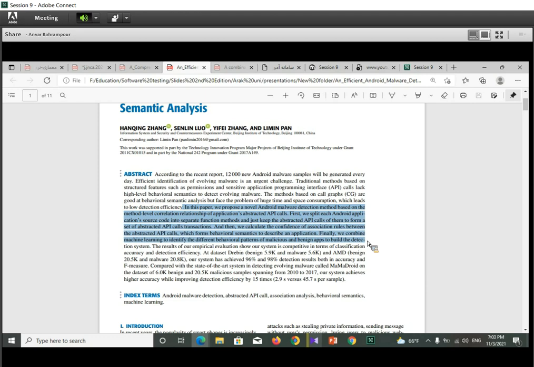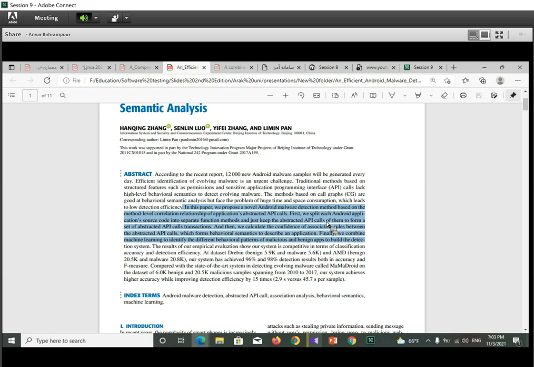So I ask you, as the representative, as the speaker of each research paper, to explain these sentences in more detail, to explain some keywords more illustratively, to define some keywords formally in your presentations. Some concepts in this sentence, such as API calls, may be ambiguous for some of you.